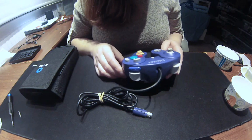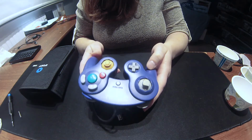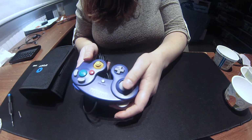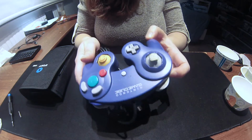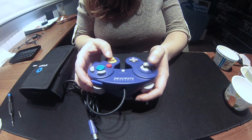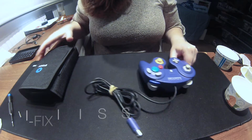So, guys, I am actually going to take apart this interesting little remote. We all know it as the Gamecube remote. We bought this from Goodwill, and as you can see, it's pretty gnarly. Like, the remote is pretty nasty. So, we bought the little knobs to go on here, and we're just going to replace the knobs and clean it out. And what we're going to use today is this